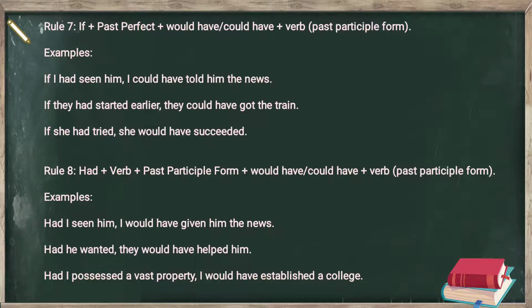Okay, so the sentence is going to start with had, and there is a verb, and then past participle form. Okay, then would have, could have,